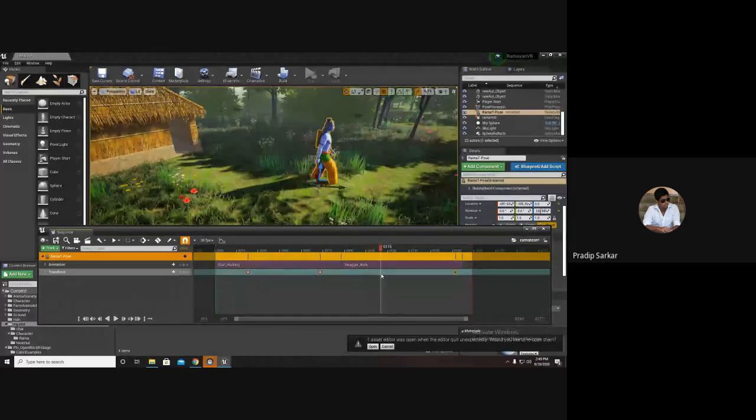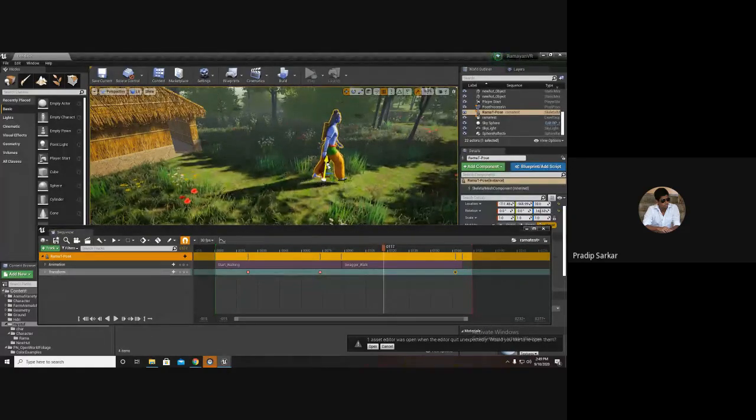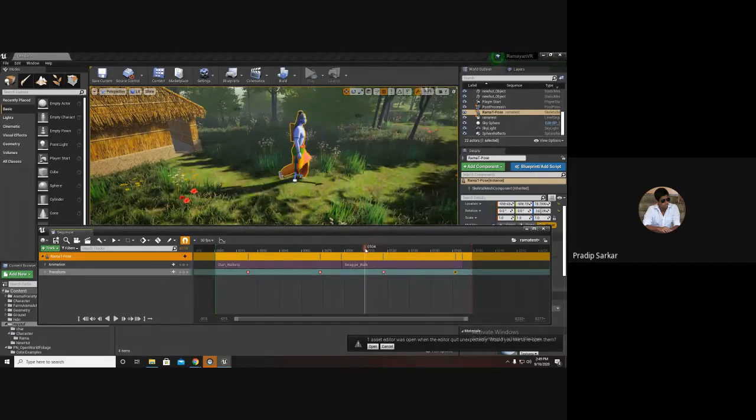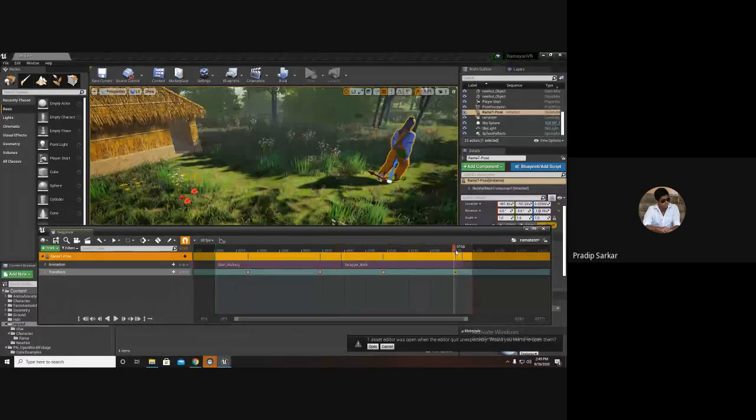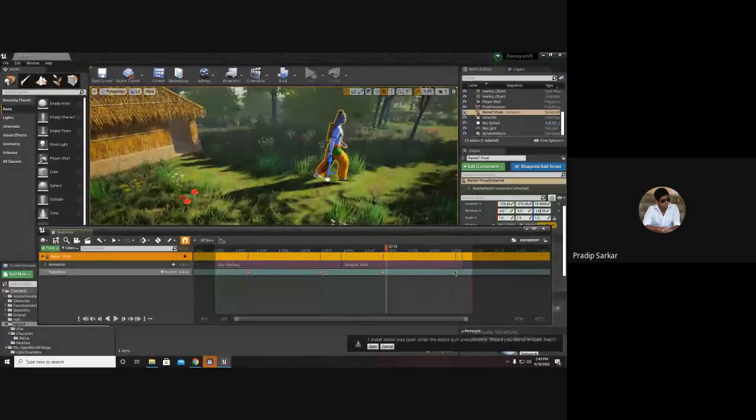Now I can see in here it is penetrating, so I will bring it up and place another key in that position.